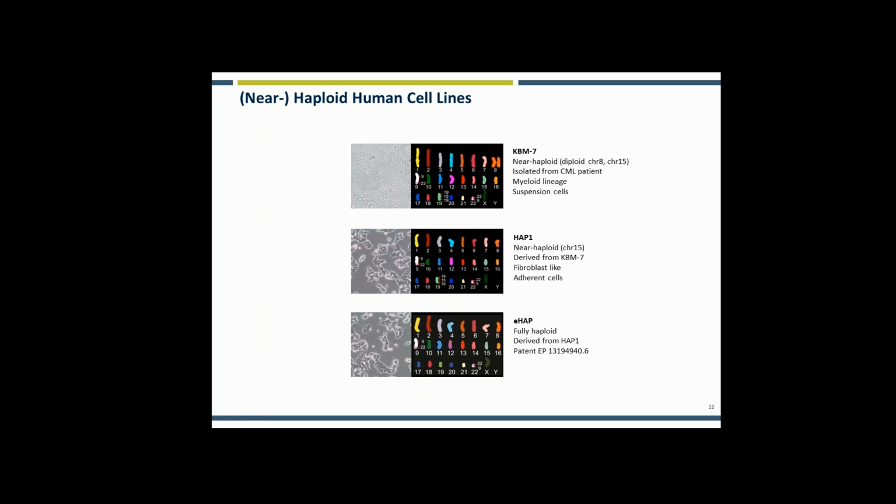But importantly, for the process of genome editing, it's an adherent cell line, and so it lends itself to that process of single cell dilution and identifying clones. And finally, and I'll touch a little more on this later on in the talk, we've since generated a fully haploid cell line from which we've excised that final disomic fragment to give us a fully haploid EHAP